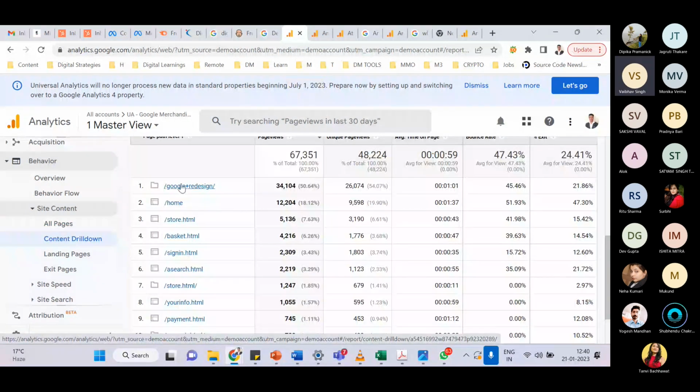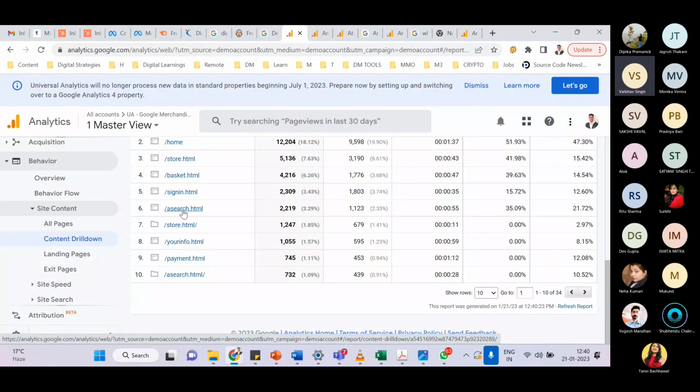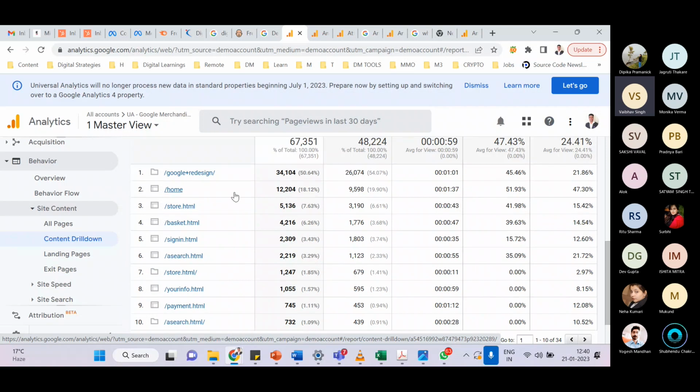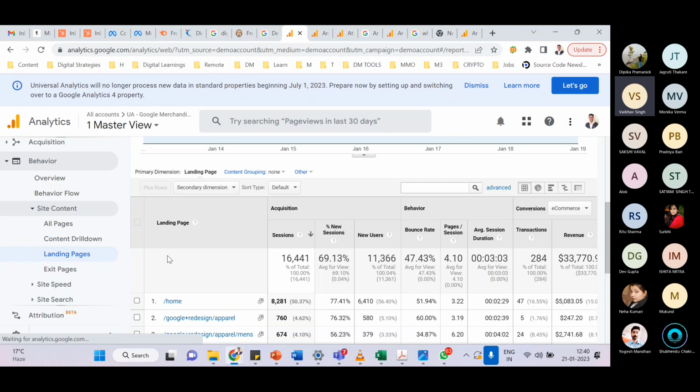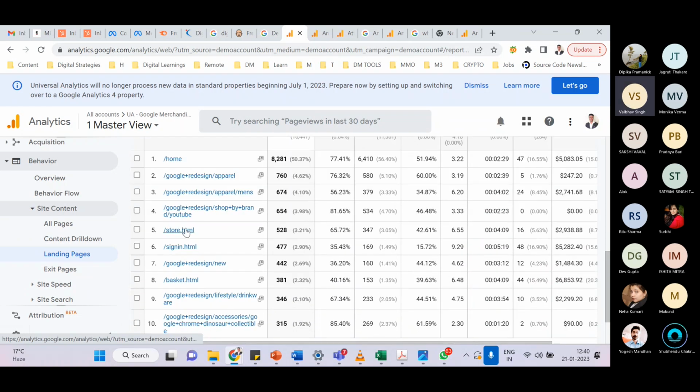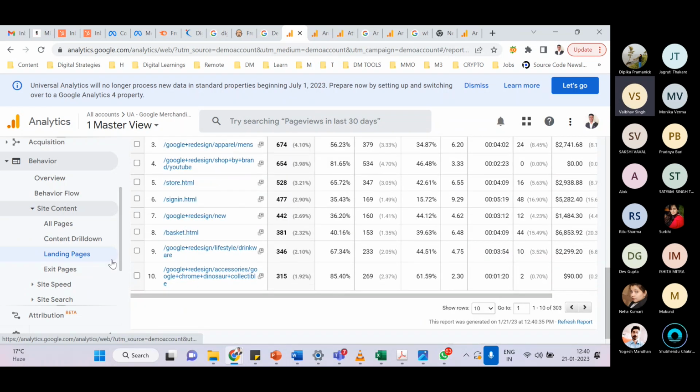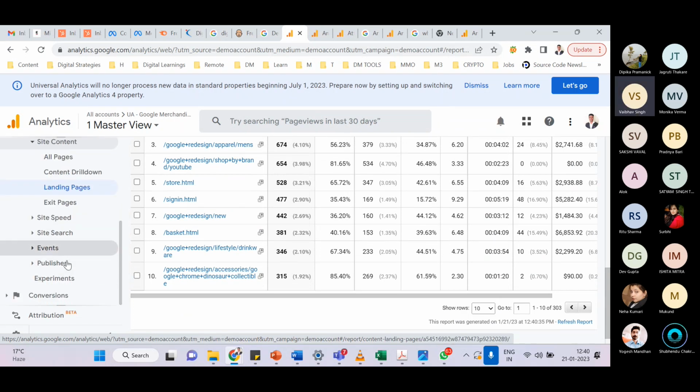Content drill down is again more in terms of HTML pages which are there and which has the maximum traffic. Then landing pages, these are again those same landing pages which we discussed earlier. So now we'll go to conversions,